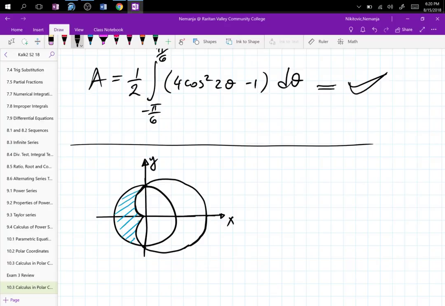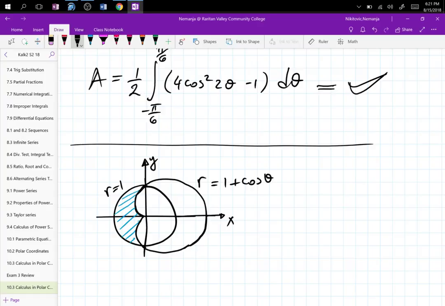So what do we have over here? We have the cardioid, and the cardioid is going to be r equals 1 plus cosine theta, and we have a circle r equals 1. So these are the 2 equations, and the question is, what is the area over there? So what do you have? Well, clearly you have a circle minus cardioid. You see the circle is far away,